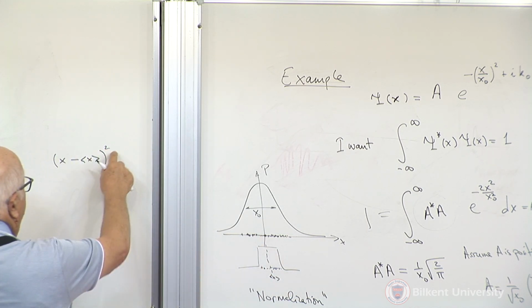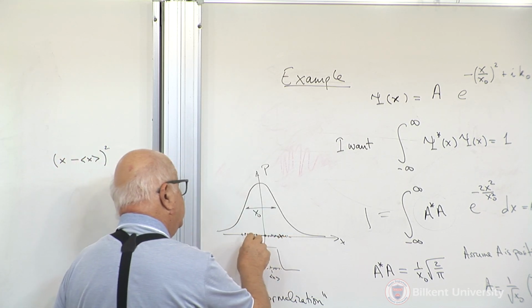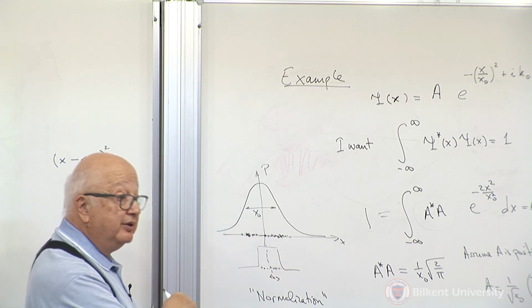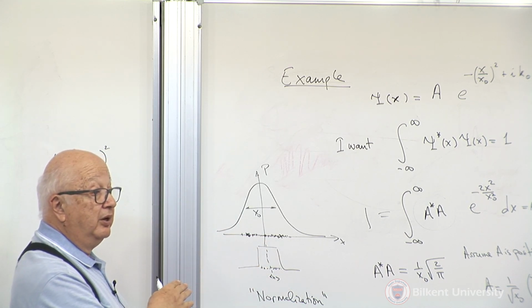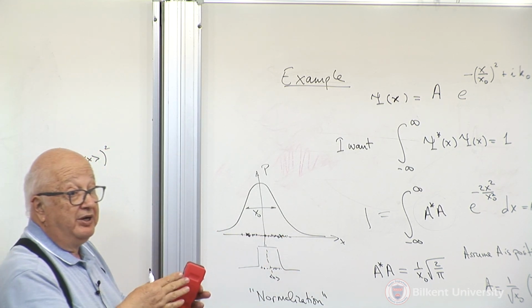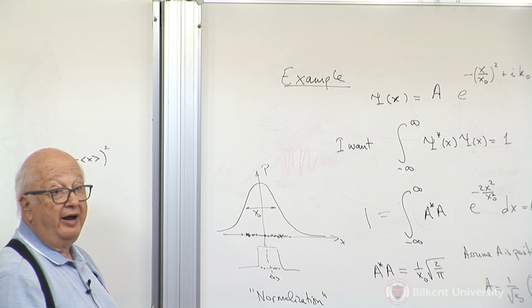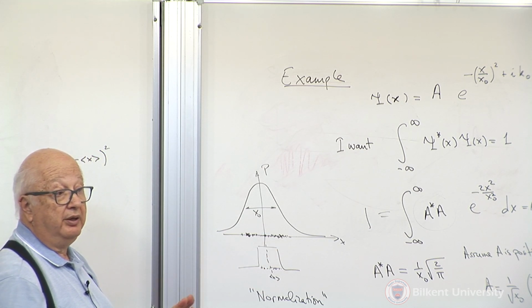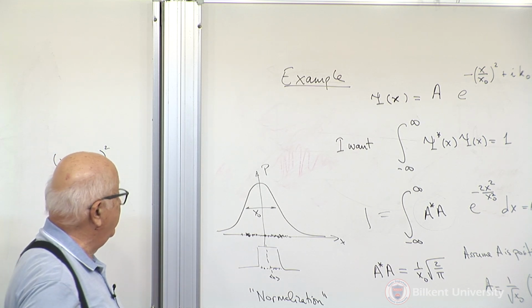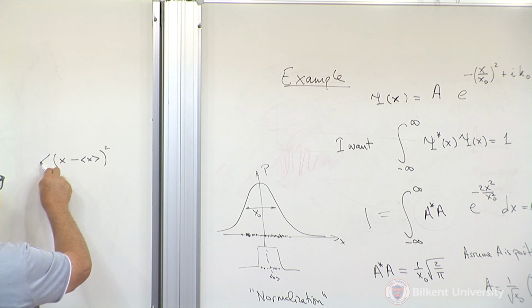But if I square this, then the points on the right do not have a canceling effect for the points on the left. So it's a measure of fluctuation. It's a measure of how much x is fluctuating around the average value of x. So, in fact, this quantity, if you now average this,